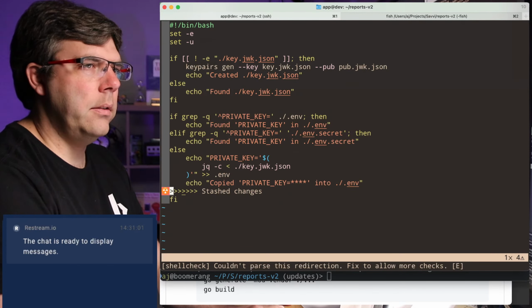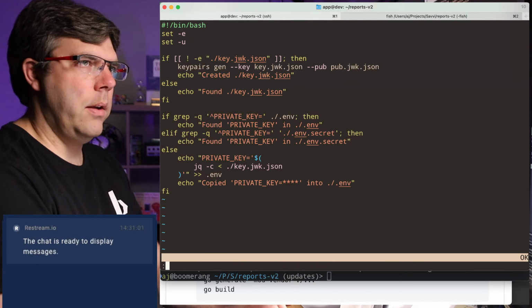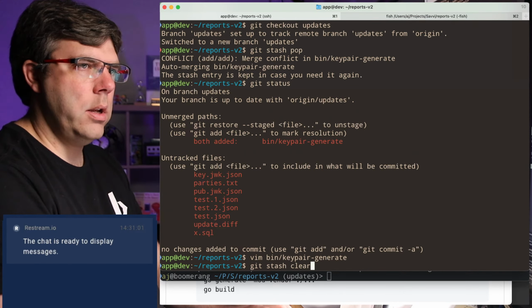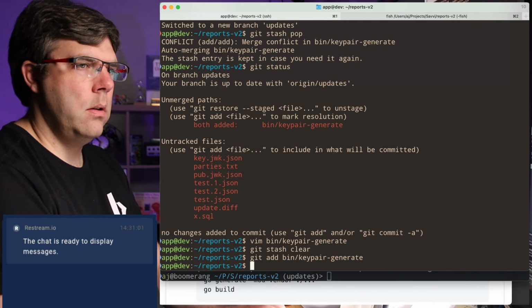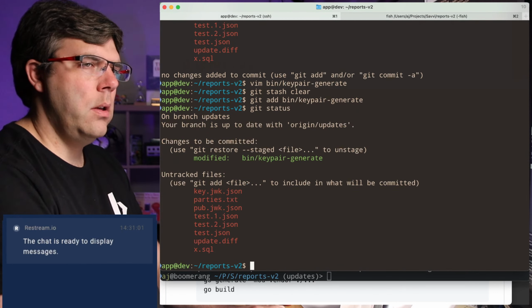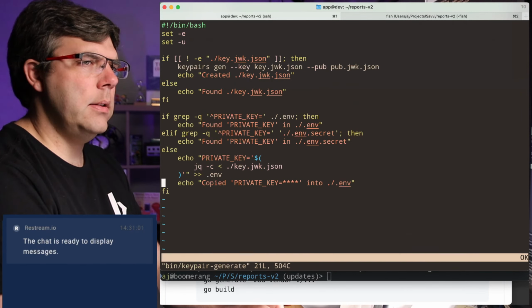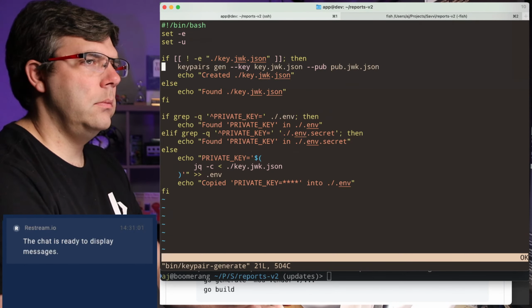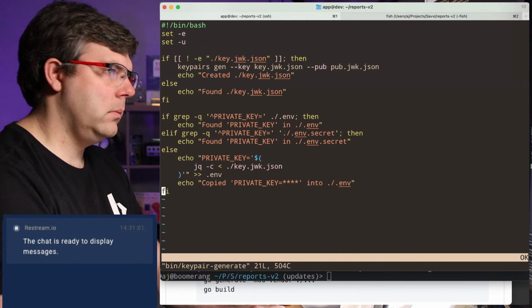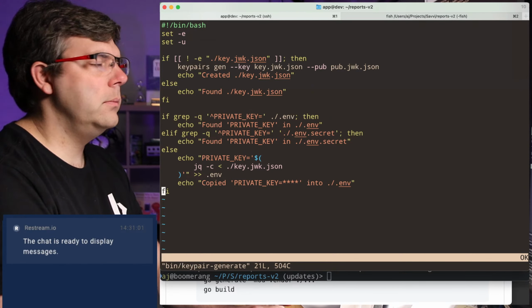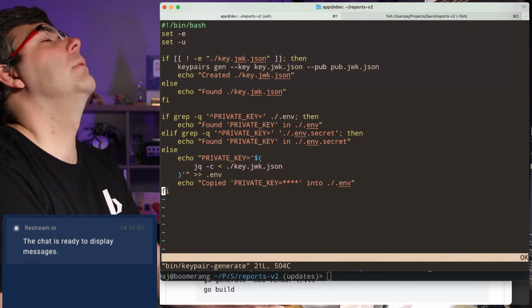Nice cool air. Feels nice. Okay, there we go. Git stash clear. Maybe I do want to allow write access. Okay. So nice.